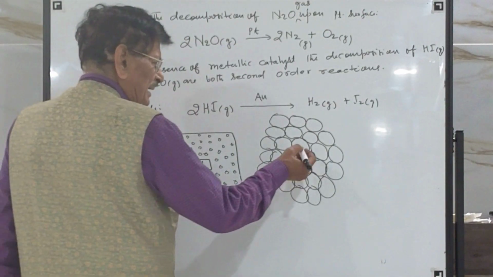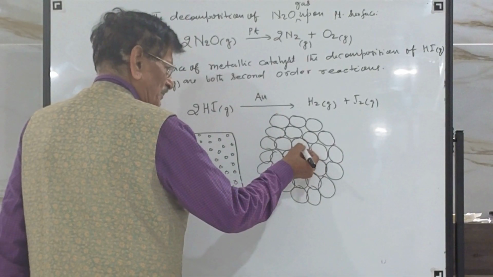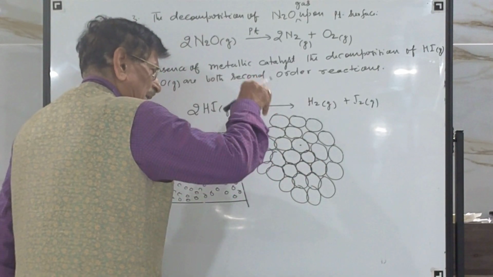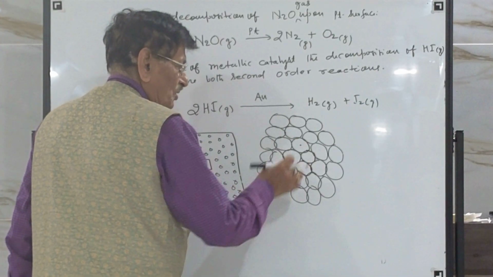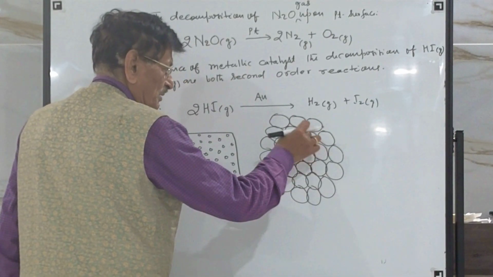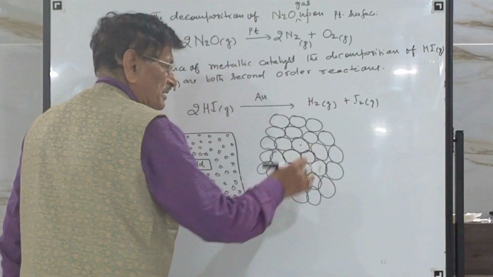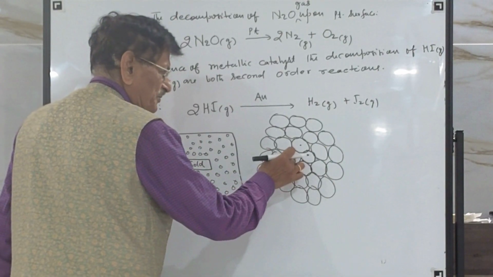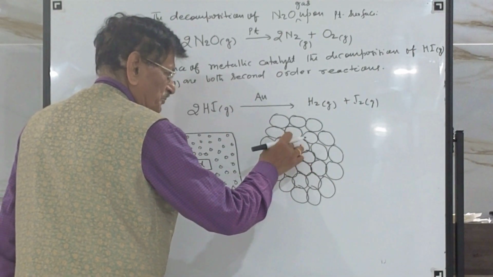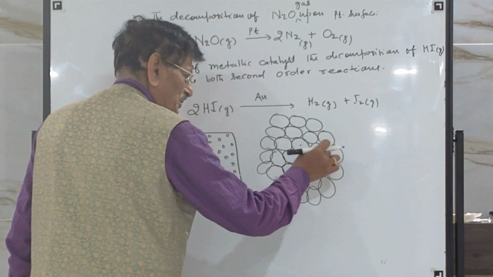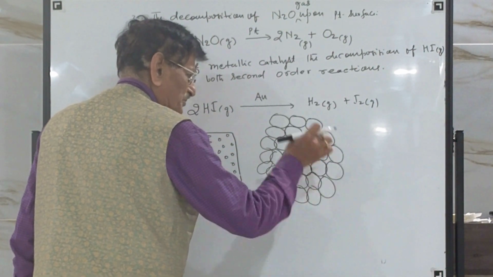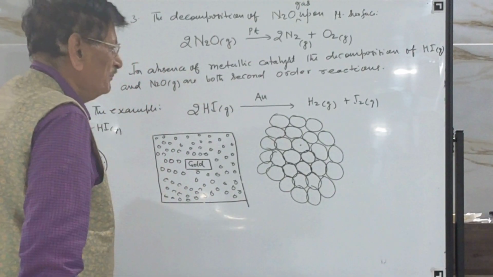Now let us consider any atom in the interior of the solid. You see, this is surrounded by how many atoms? One, two, three, four, five, six atoms. This is also surrounded by six atoms. This is also surrounded by six atoms. But